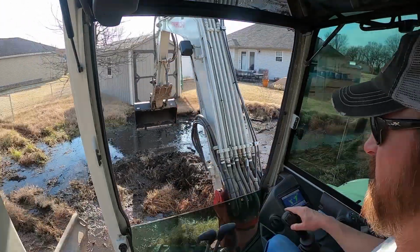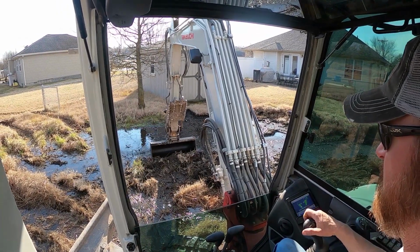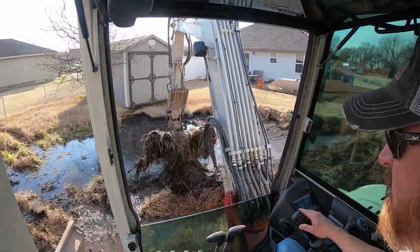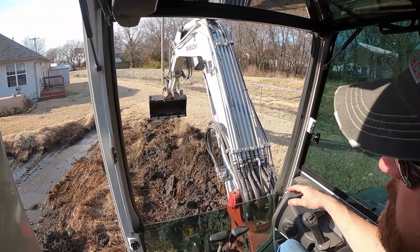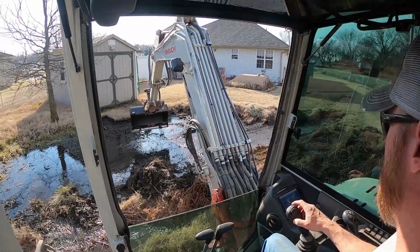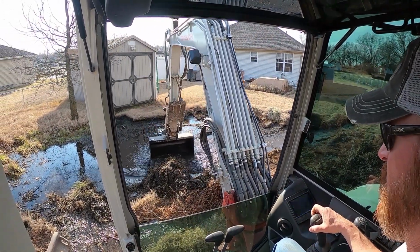The only thing I can think of to logically do is I'm going to try to just skim this grass off. I think it'll dry out better if I can get it down to bare dirt. I'm just going to try. I mean, some of it's still on the edge of this, that's fine, but I mean, it's draining off good,